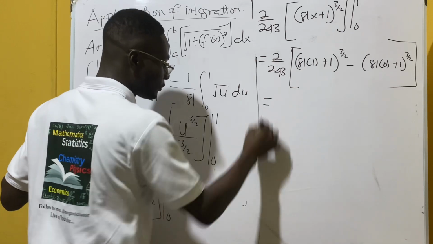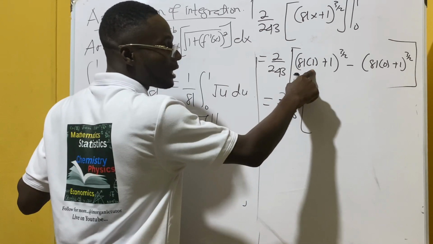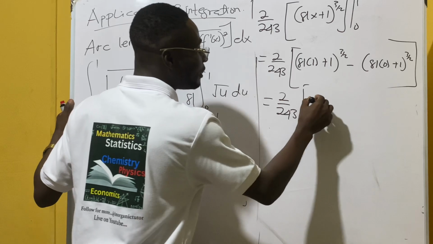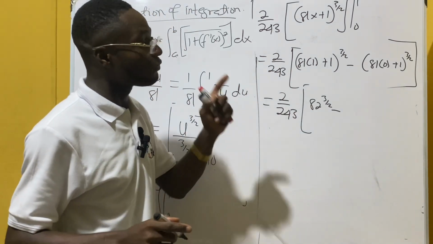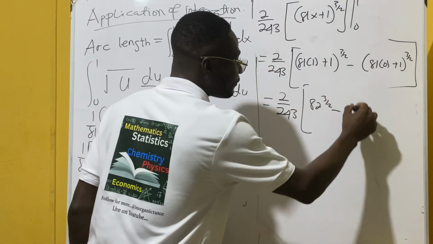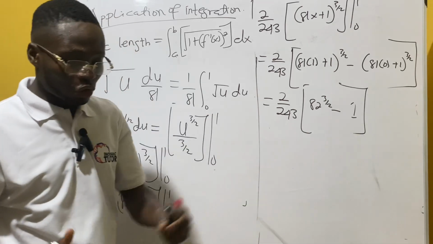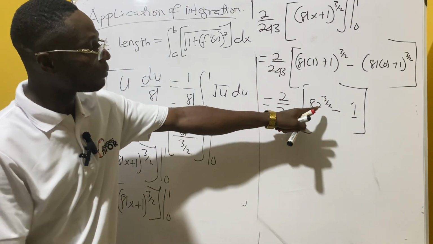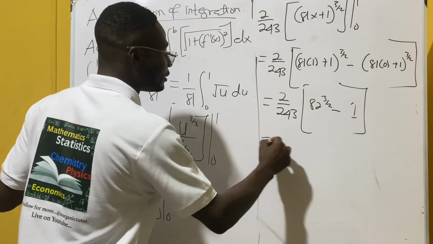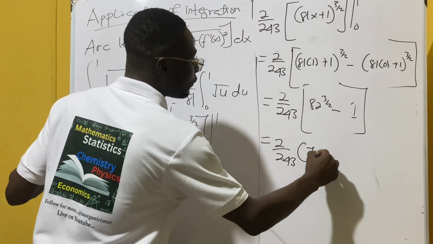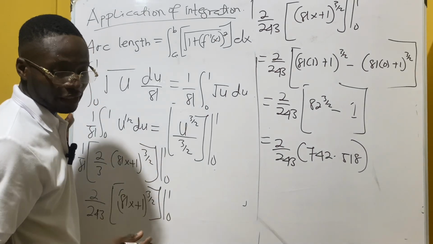So we're going to have 2 on 243 into 81 times 1, that is 81 plus 1, that is 82. So we have 82 power 3 on 2 minus 81 times 0 is 0 plus 1 is 1. So we have 1 power 3 on 2, and that is basically 1. So we have 82 power 3 on 2 minus 1. When you simplify 82 power 3 on 2, that is basically 742.518, and when you multiply with the 2 over 243,